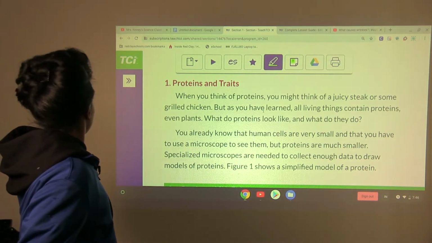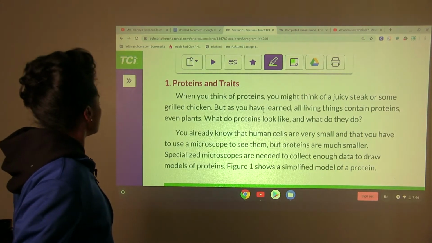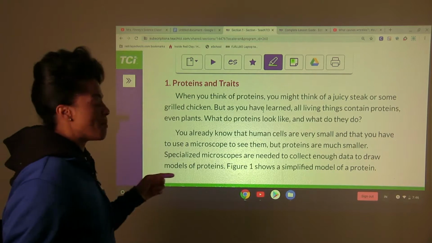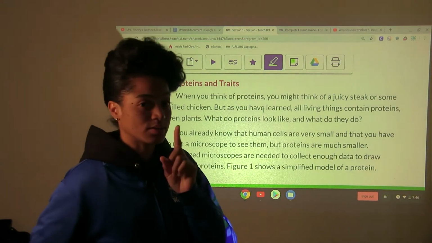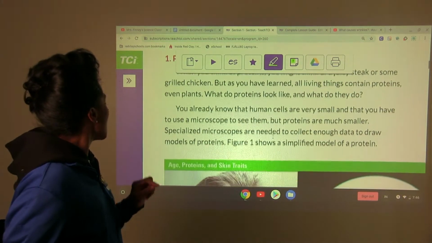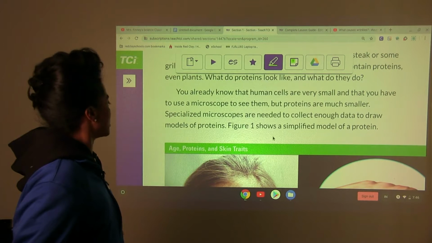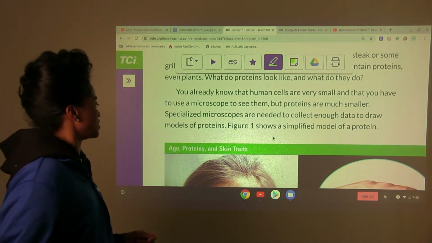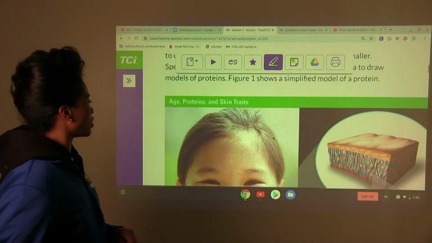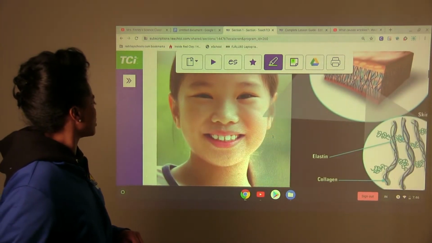You already know that human cells are very small and that you have to use a microscope to see them. But proteins are much smaller. Let's keep that in mind, okay? Much smaller than the human cells. Specialized microscopes are needed to collect enough data to draw models of proteins. Figure 1 shows a simplified model of a protein. So here we have